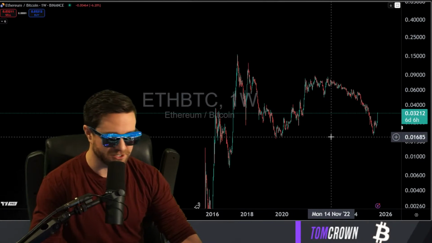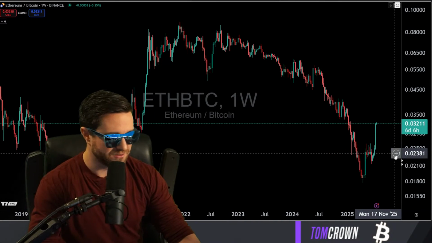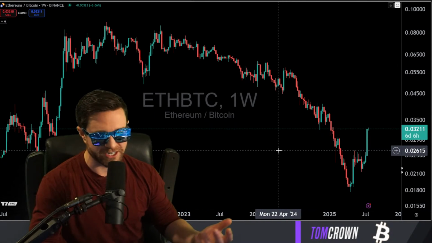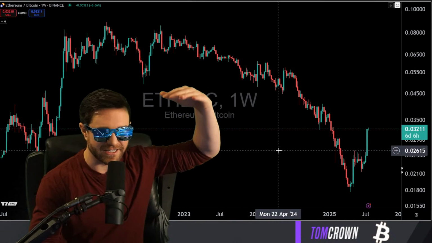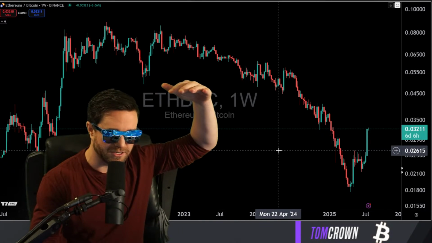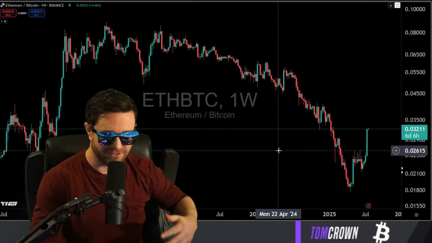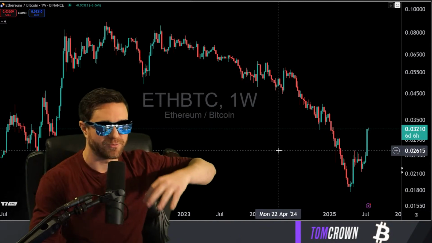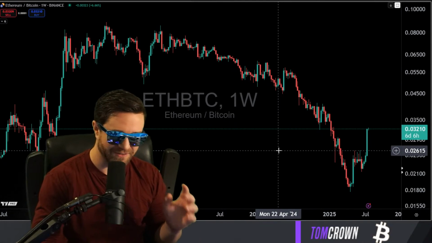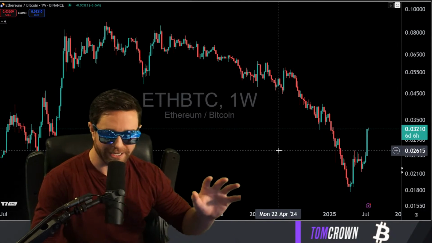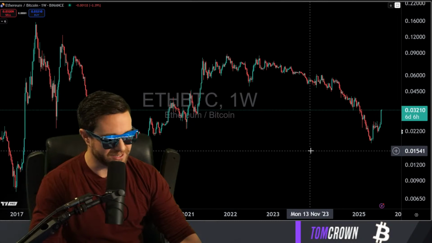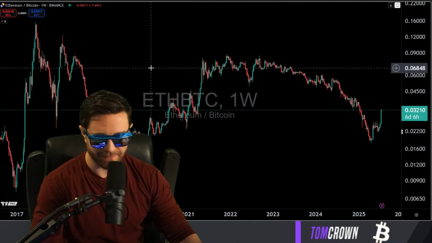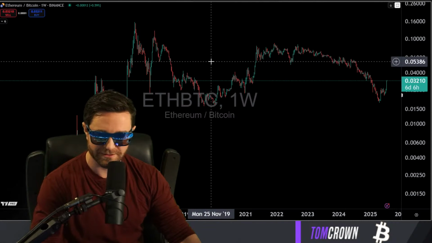Before, when you're still thinking in dollars, when you're still valuing crypto in dollars, you're just under this strange illusion, and all you're seeing is the greater market increasing and decreasing. You're not actually seeing anything. You're just seeing that ebb and flow of the entire market. Once you can see it in the value of Bitcoin and through the Bitcoin lens, then you can begin your journey. A lot of people in here, we've been doing this for a long time. A lot of people in here have gotten to that point.